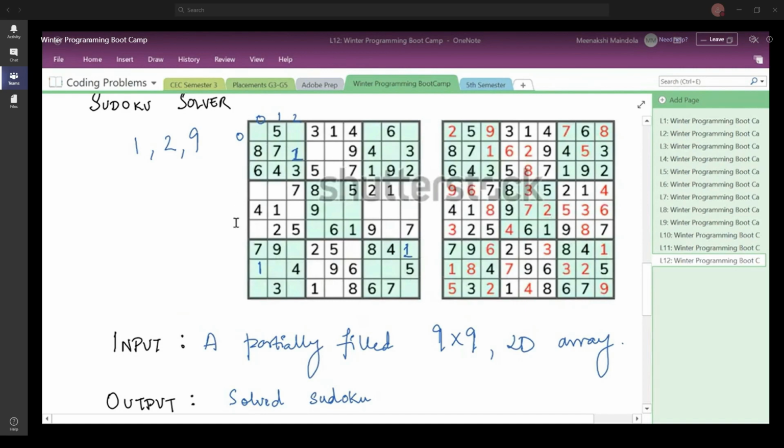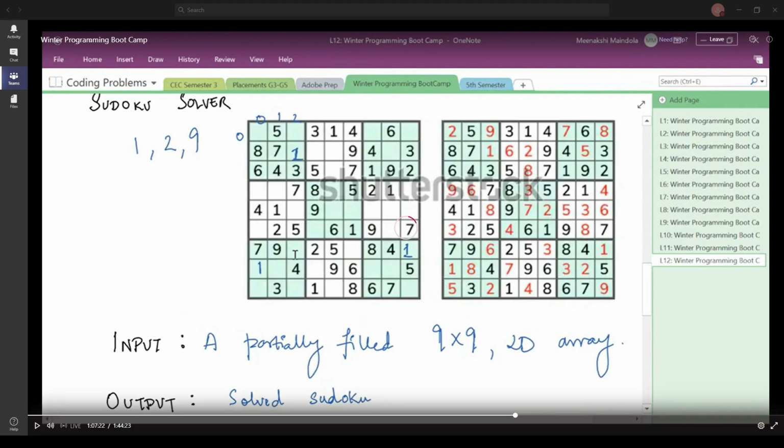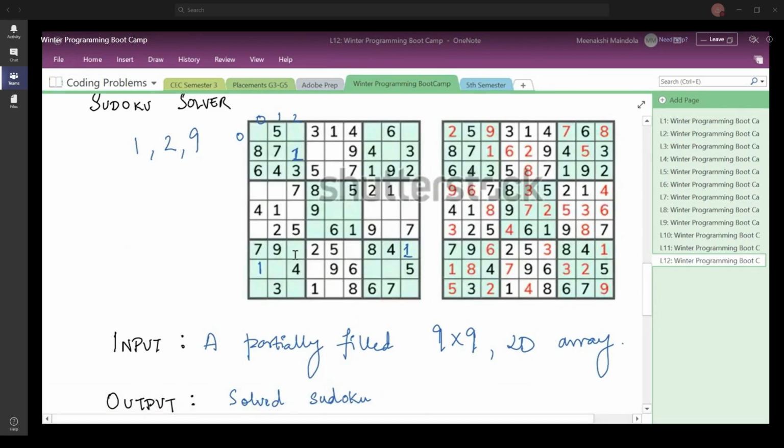Whenever you are solving Sudoku on pen and paper, you write down the digit only if you are very sure. Very sure means only if you know that this is actually the correct place for this particular digit.